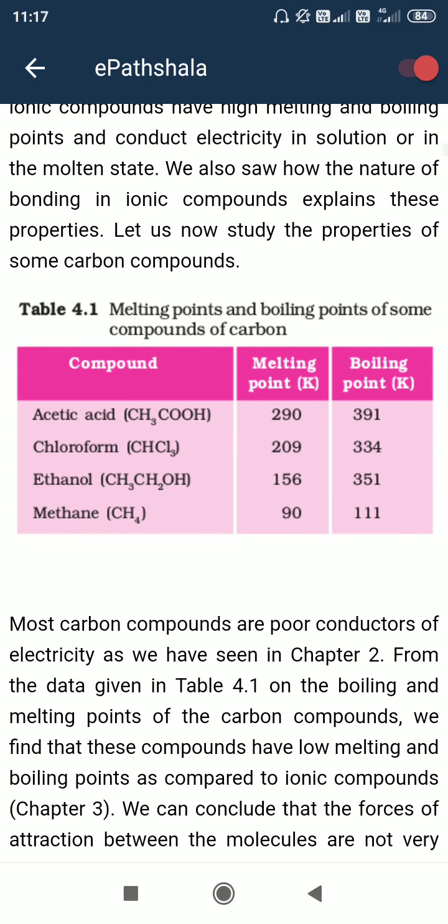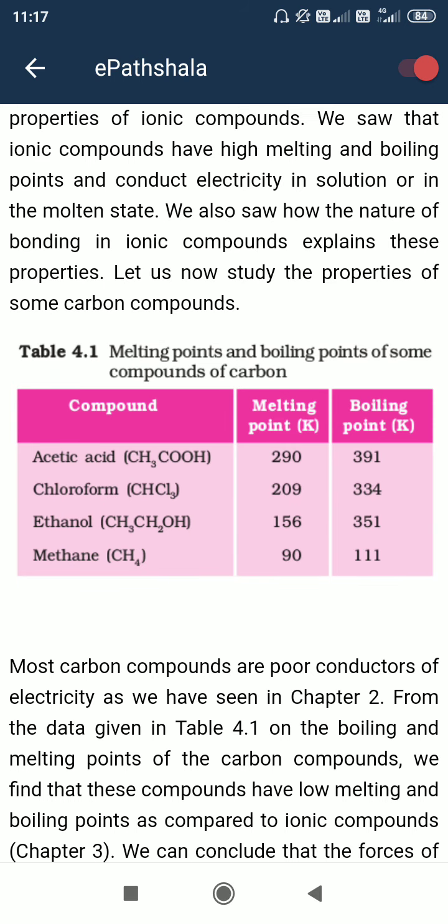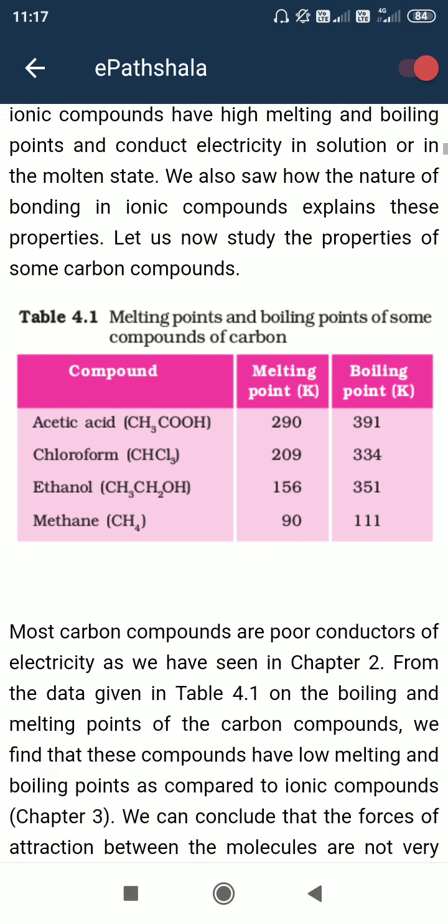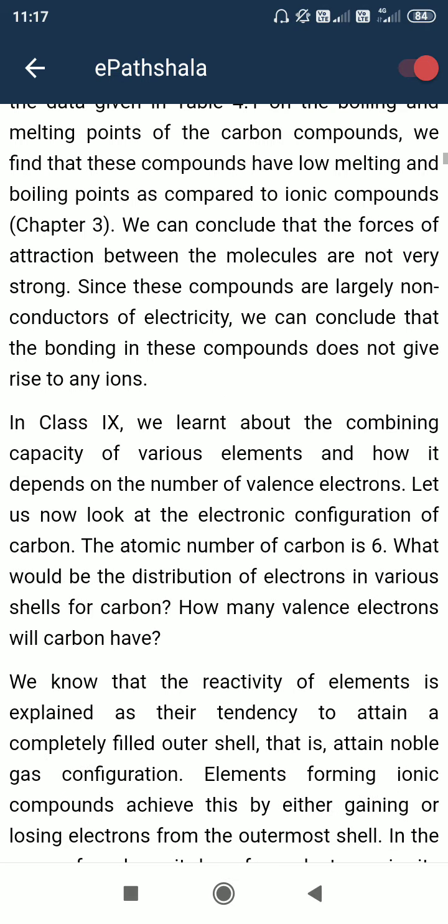And ethanol, we need to remember the molecular formula. For ethanol it is CH3CH2OH, meaning C2H5OH or CH3CH2OH. So the hydroxyl group is there, OH is named as hydroxyl group. And chloroform, CHCl3, that is trichloro, 3 chlorine and 1 hydrogen. From 3 chlorine, 3 electrons, and from 1 hydrogen, 1 electron. Carbon uses them as its own, that's why it is formed. So now I'll go later.